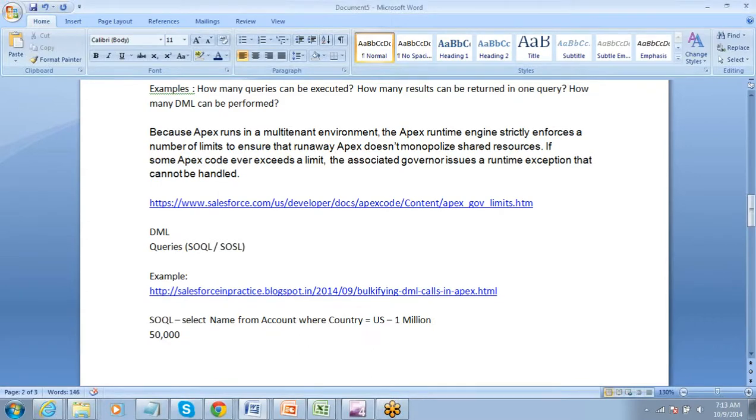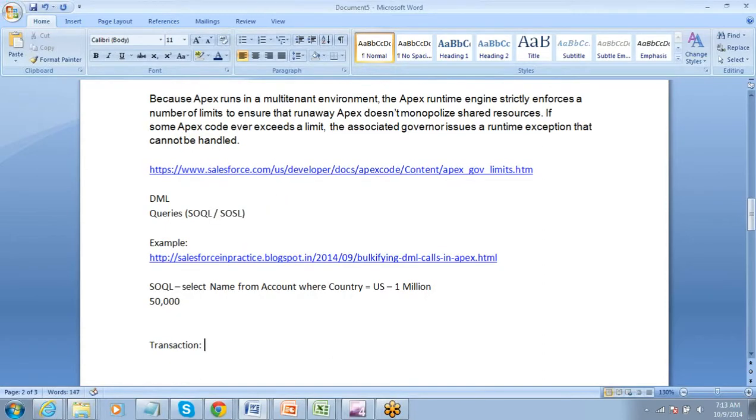So a transaction basically refers to a set of operations that are executed as a single unit. There can be a transaction which is very particular to the Apex code, or it can be a complete transaction when a record is created or something.